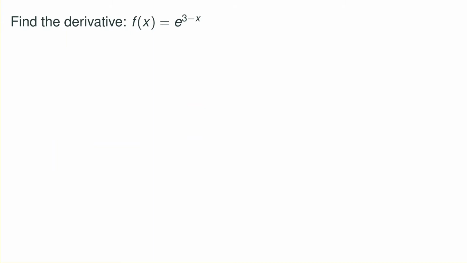Find the derivative of e raised to the 3 minus x power. So here, we have e raised to the 3 minus x power. So e exponential function, e to the x is the outside function, and 3 minus x is the inside function. So when we take the derivative, first we take the derivative of e to the x, which is e, keep the same argument, just 3 minus x,